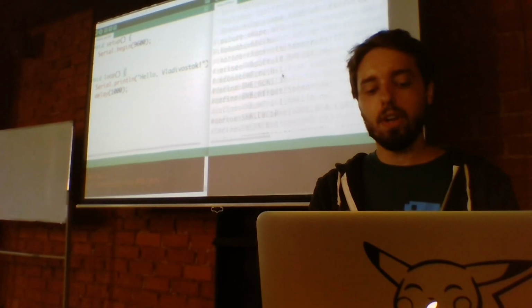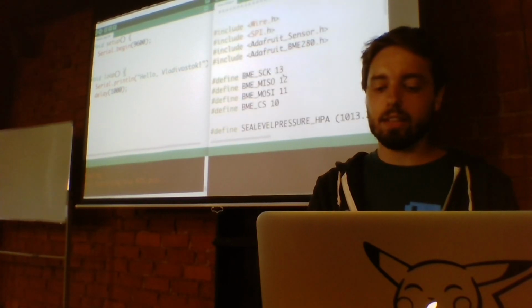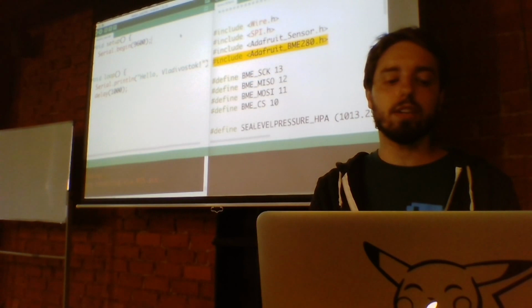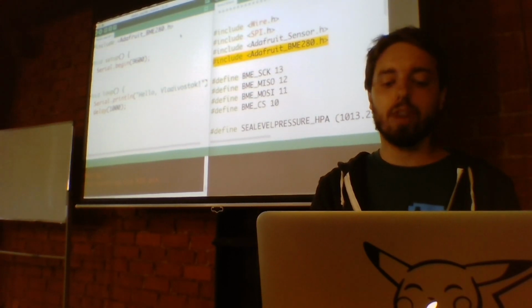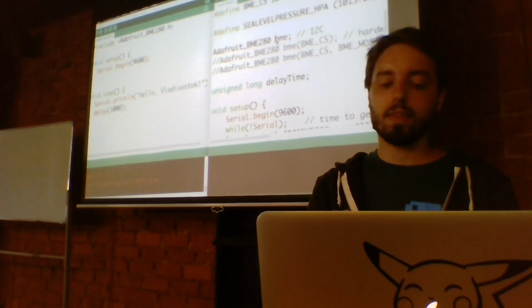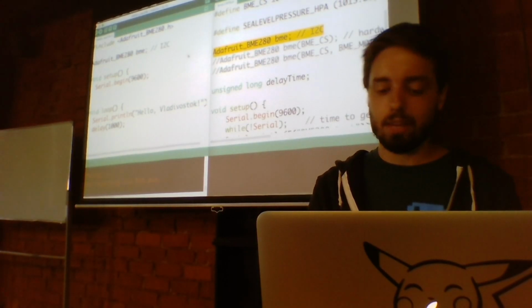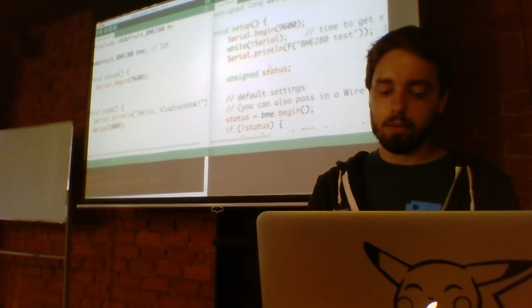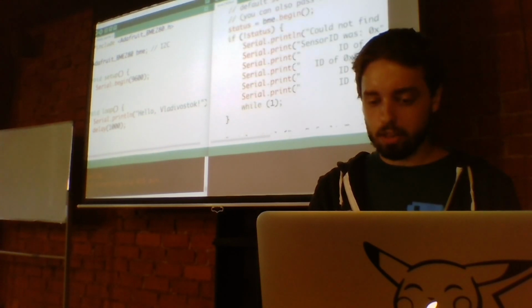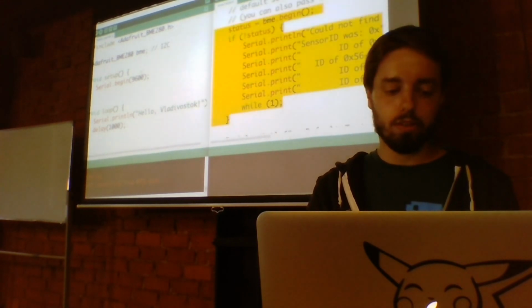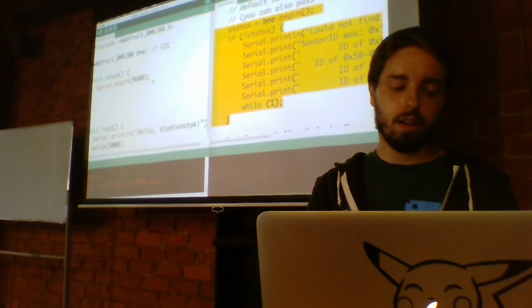So here it tells me that first you need an import, like you include the library. You need an instance of your component. So here we have an instance, we name it BME. And then we need to, in the setup method, initialize the instance.